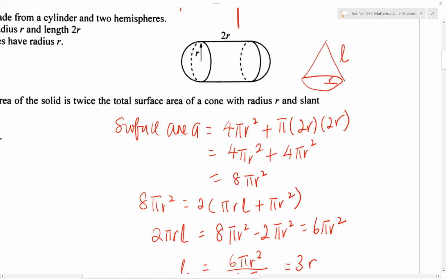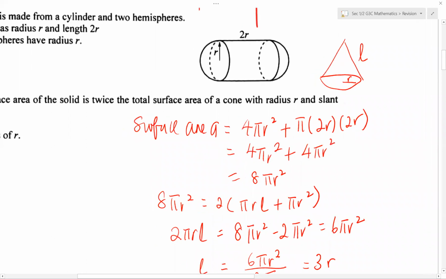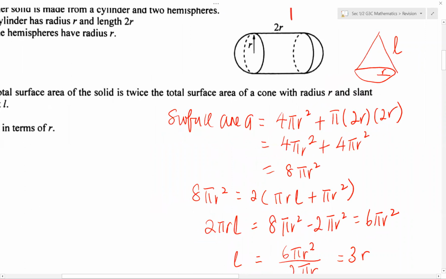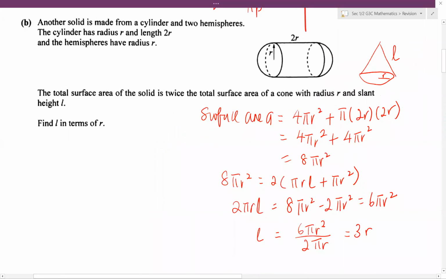This 2 pi r represents the circumference of the circle of the cylinder. We multiply by the perpendicular height of 2r. So we get the curved surface area of the cylinder over here. So total surface area, when you add them up, you get 8 pi r squared. Now, they continue to tell us that the total surface area of this solid, meaning our 8 pi r squared, is